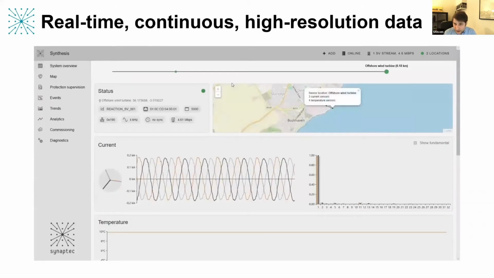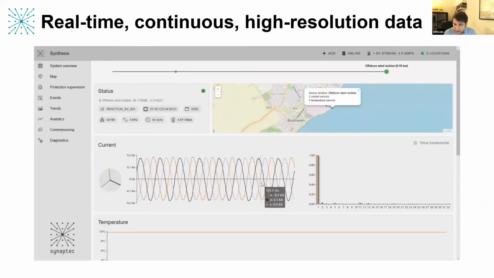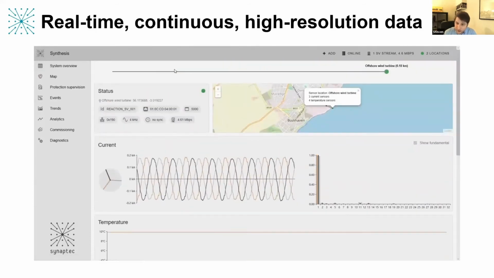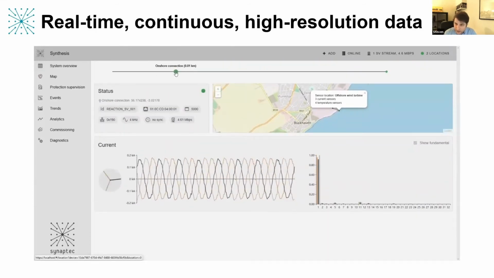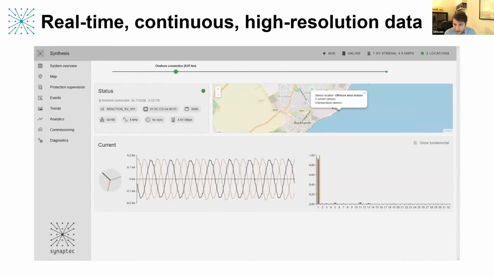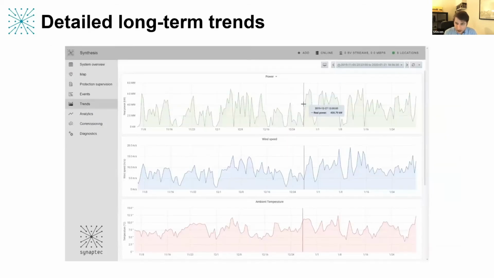Here we're just emphasizing this for another one of our installations, where you can probe and see exactly what the waveform is doing. And we also roll in things like power quality information, so you can see the harmonic spectrum being displayed there. And there's also PMU functionality as well. And as well as the really detailed stuff,